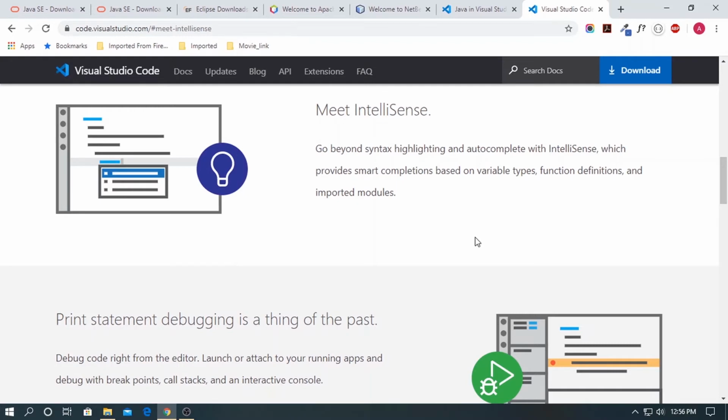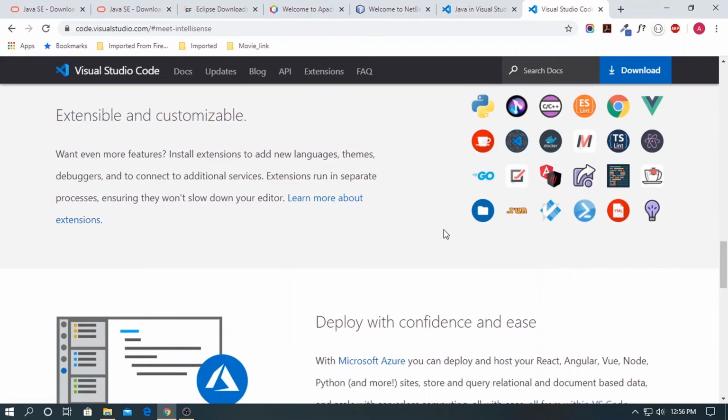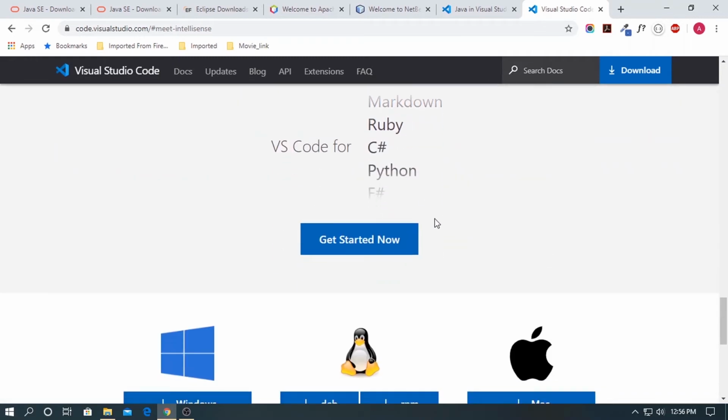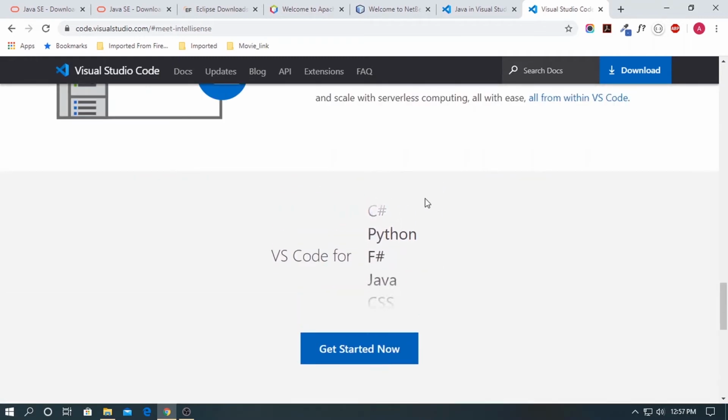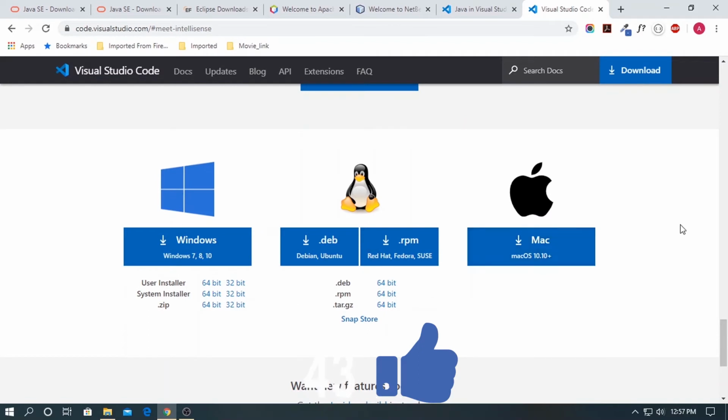It has built-in Git commands, is extensible and customizable, and deploys with Node.js. It supports various languages: C Sharp, Python, Java, CSS, C++, Objective-C, Groovy, Clojure, PHP, and so on. And here are the download options for Windows, Mac, and Linux.